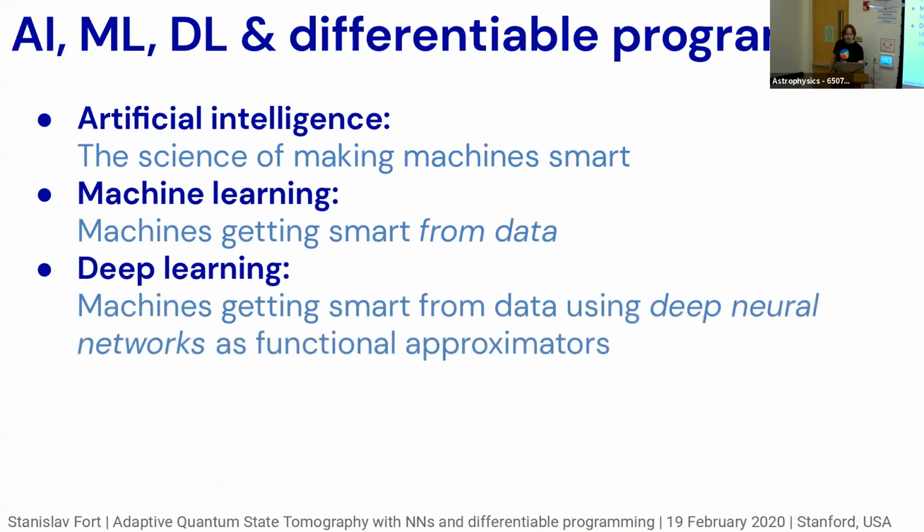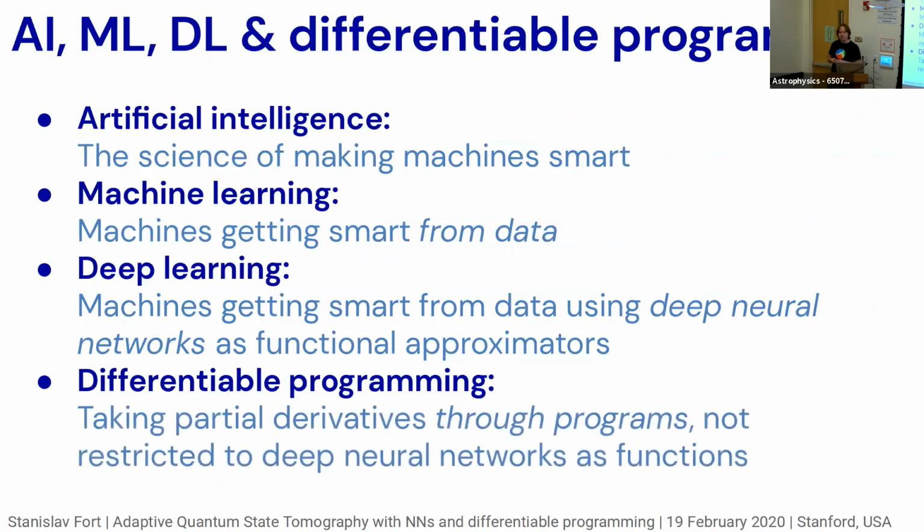Deep learning is a branch of machine learning where you learn these things from data using a particular kind of functional approximator called deep neural networks. Those are particular kinds of functions, a very broad functional family. And that family is actually suitable for learning a lot of real-world distributions we care about. That's why people are excited about it. And then finally, differentiable programming is a term you might not be familiar with.